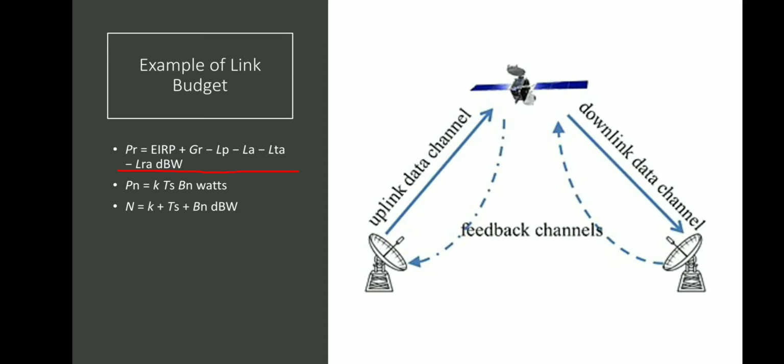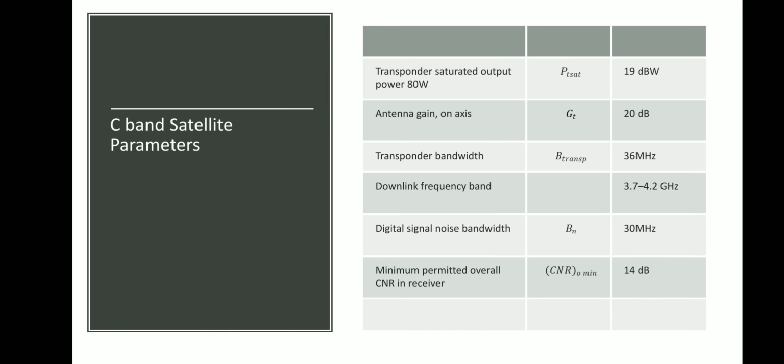So now, because we are talking of the design of downlink, we have two things into consideration. That is the satellite and the receiving earth station antenna. So we'll go through the parameters of the satellite. The design of downlink that we are attempting here is for the C band, and we know C band is 6 gigahertz uplink and 4 gigahertz downlink. So all the details of the C-band satellite are given in this table.